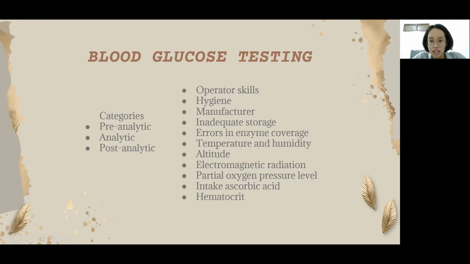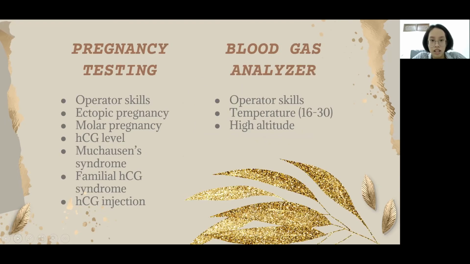And next is intake of ascorbic acid, which can affect the result. And last is hematocrit levels. When the hematocrit levels are high, the result tends to be lower. Next is pregnancy testing. The factors are operator skills, ectopic pregnancy, and molar pregnancy, Marshall-Smith syndrome, familial HCG syndrome, and